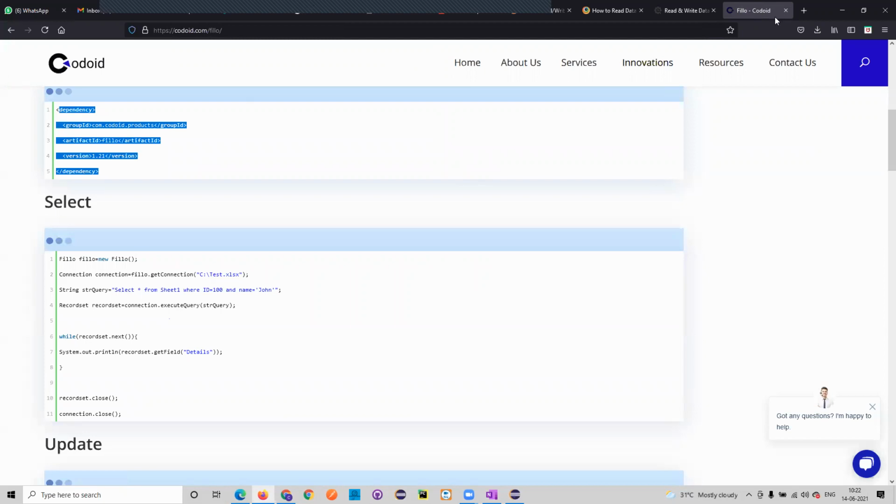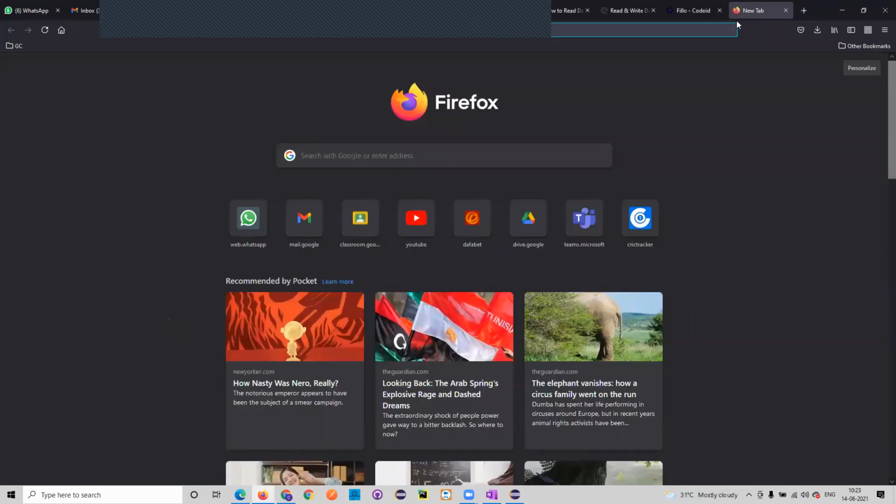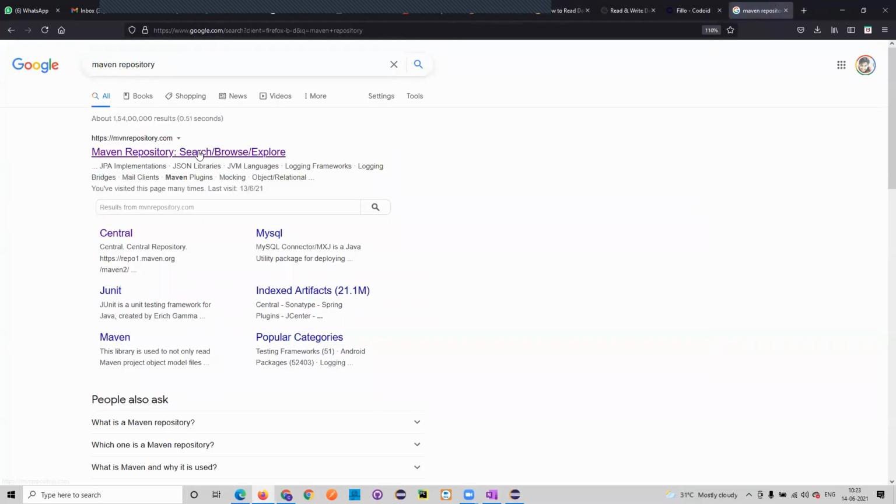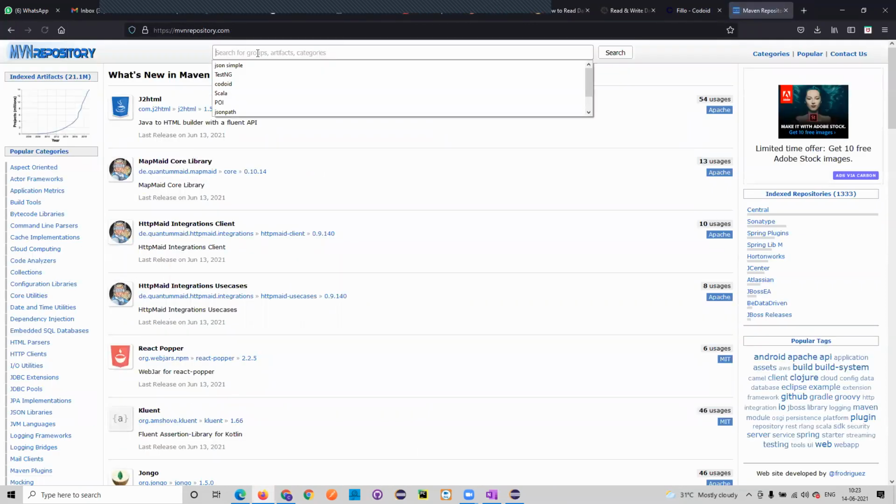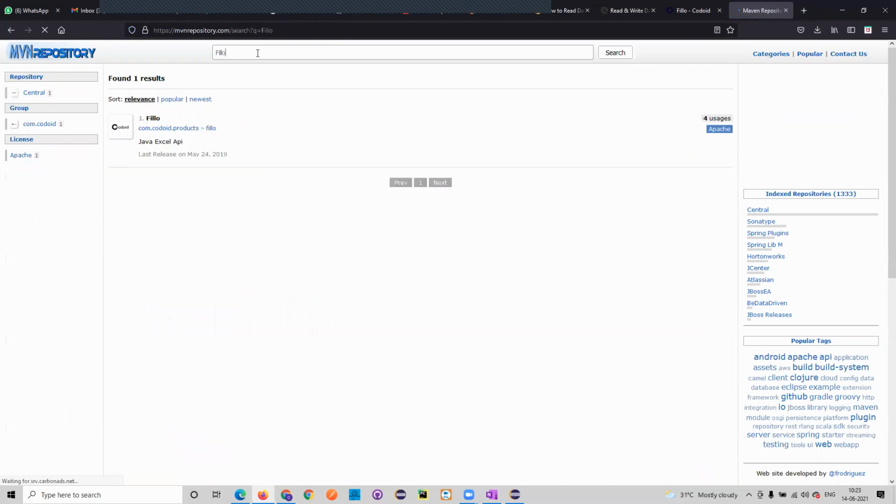Now we do have the Maven repository, right? Go to your Maven repository and search for Fillo. You got it in the Fillo repository.